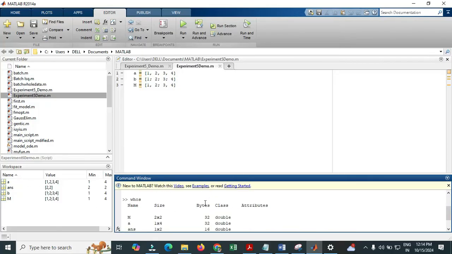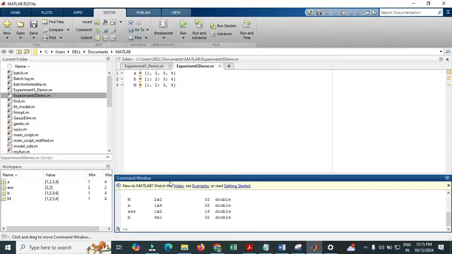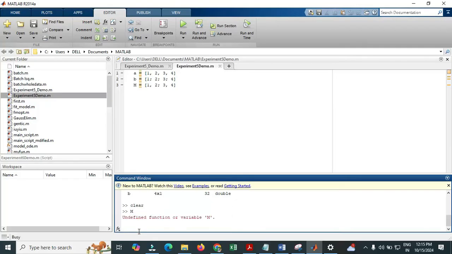Now let me do some basic matrix manipulation. For that I will clear my workspace memory with CLEAR, and you can notice that nothing is stored here. If I call M, just look here, nothing will be displayed. Okay, let me clear the command window with CLC. My command window is cleared. Now let me remove these things from my editor. Now let me copy paste my A B matrix,